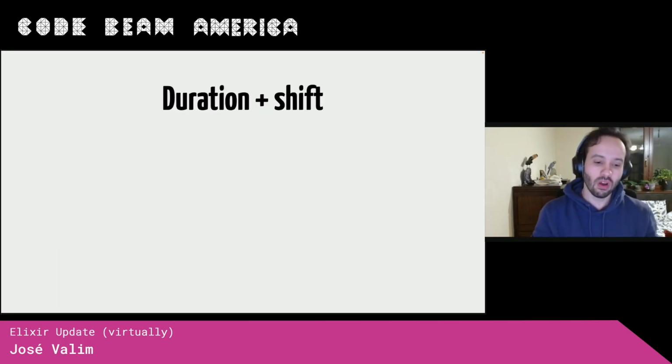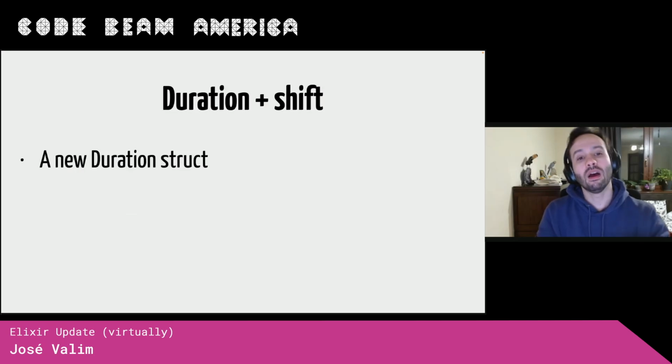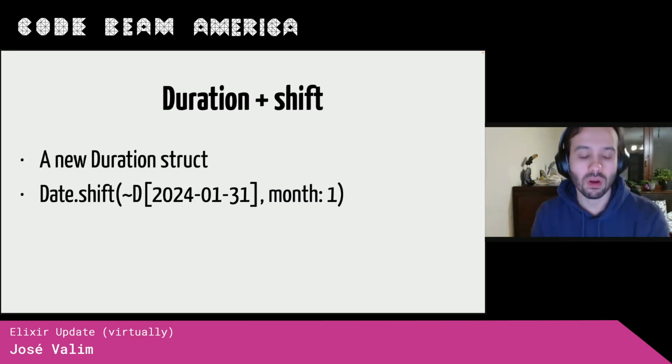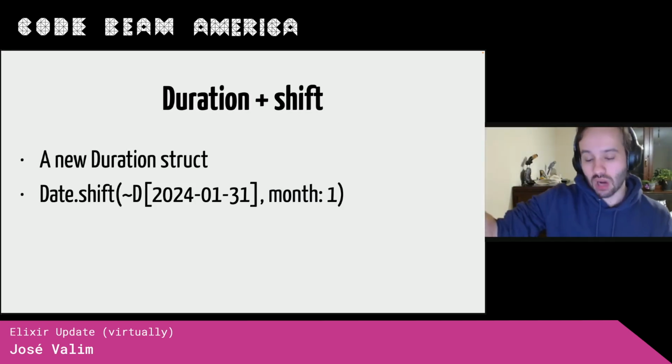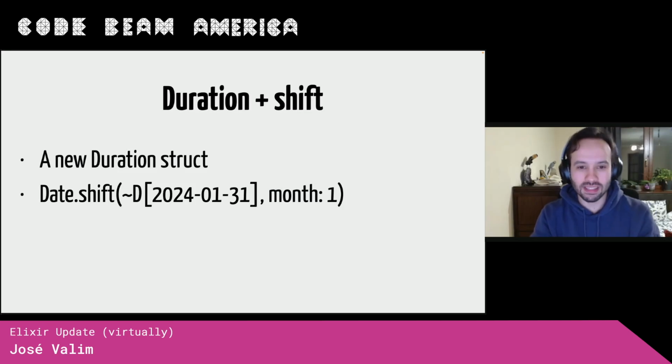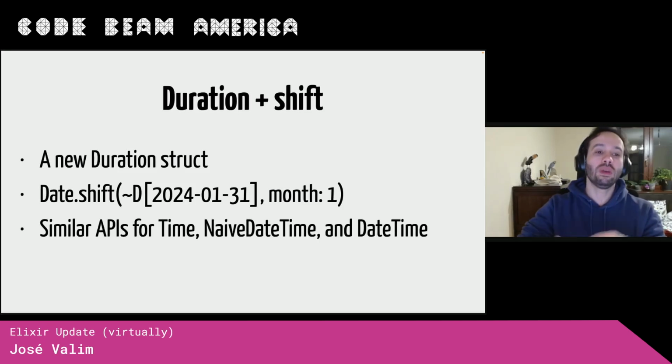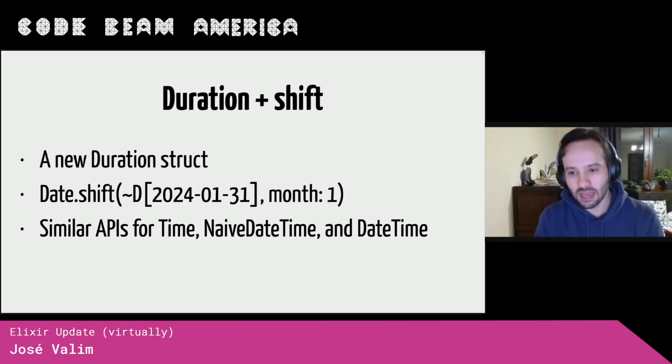So there is a proposal for adding support for a duration data type to Elixir, right? And the idea here is that you'll be able to say, I have a date and I want to shift it by 1 month, for example. And in this case, it's going to round down. So in this case, we have a leap year, so it would be February 29th. And then we're basically going to add a shift function to each data type. So we're going to have date shift, time shift, naive date time shift, and date time shift,